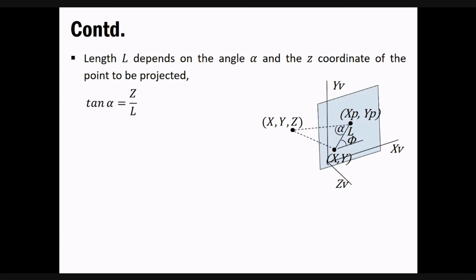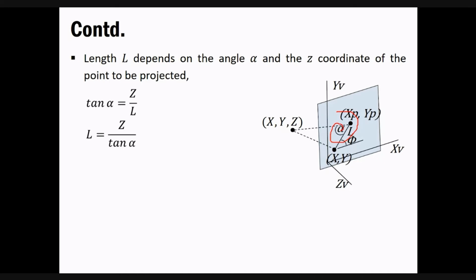So that gives us tan alpha equal to z upon L, as you can see. Now we will do something with it so that we get our required things. Our goal is to get the transformation matrix, which can be used directly for our own purpose. If you want to use this concept, then we need some sort of transformation matrix. So we are going into a bit of mathematical depth, and then we'll see the transformation matrix that we got out of it.